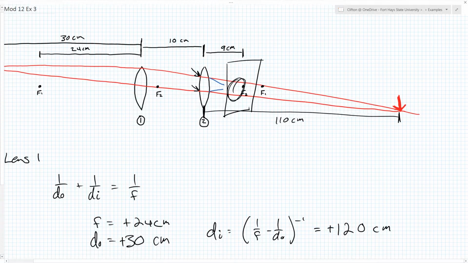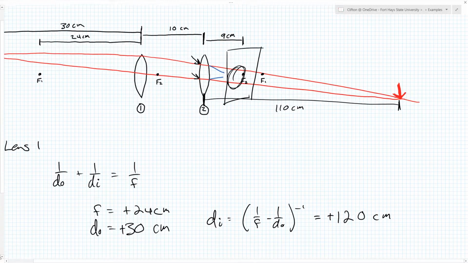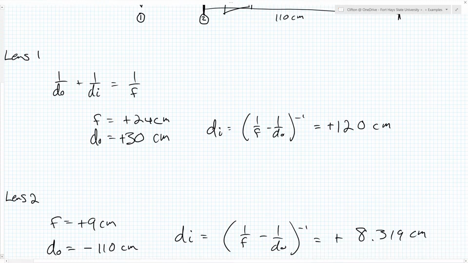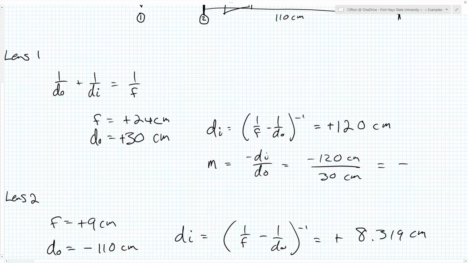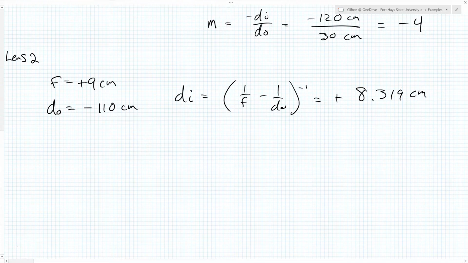And then the last part is to calculate what the total magnification is. And we have to do that the same as we did before. We calculate the magnification for each part. So we get a magnification of -4 from the front lens, which means that it's upside down and it's 4 times bigger than the object. And the magnification for the second lens